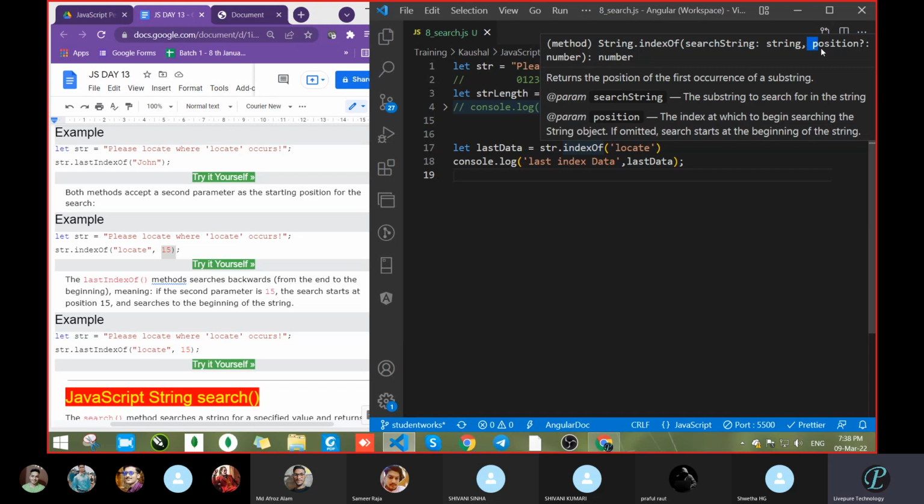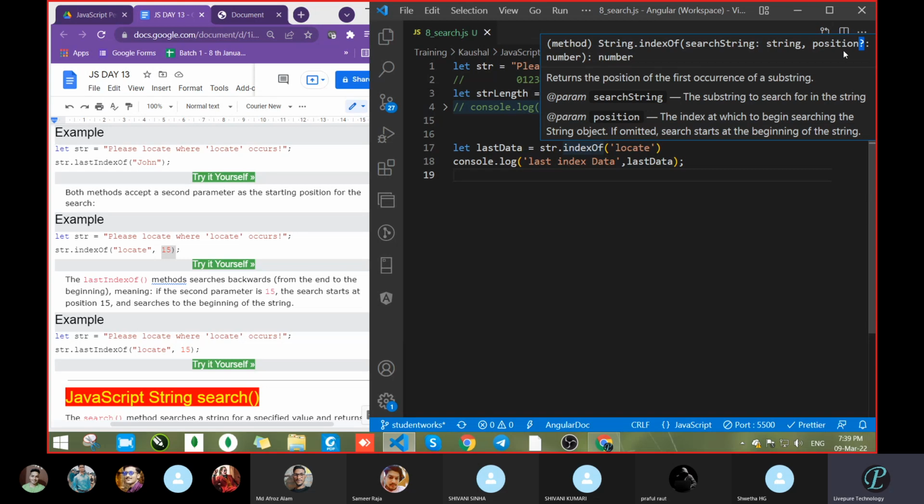Second condition: after the comma, there is something written, position, and there is one interrogative sign. Interrogative sign means optional. In the exam or anywhere, you will see optional written. Optional means it's not compulsory. If you want, you can write it; if you don't want, you can leave it. So position is optional.